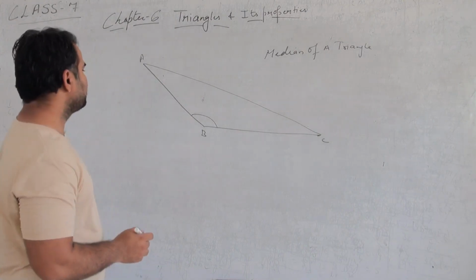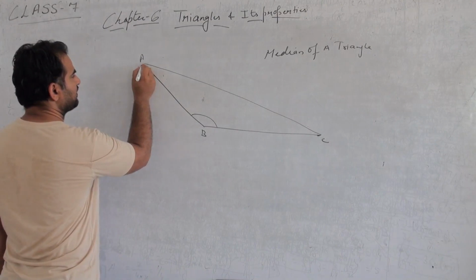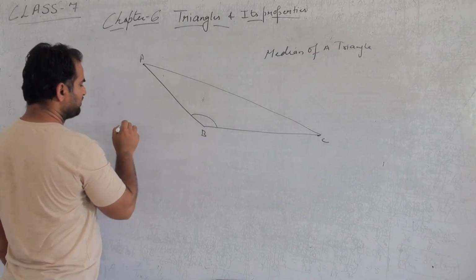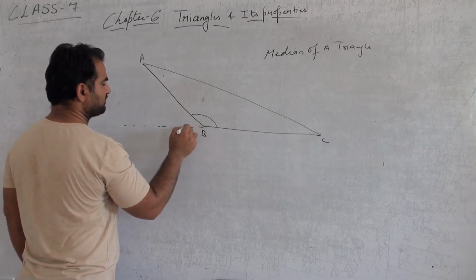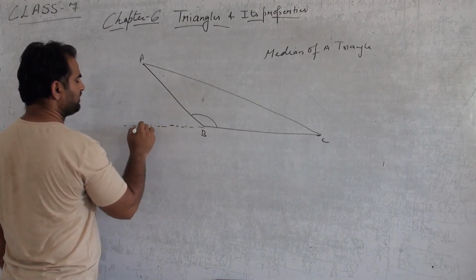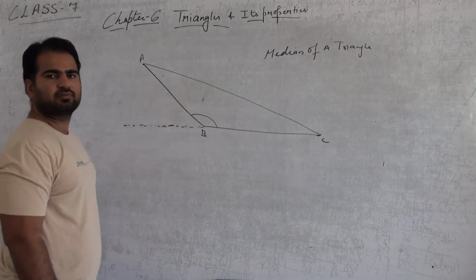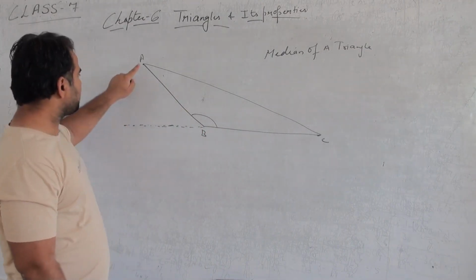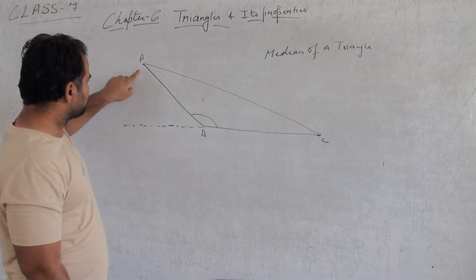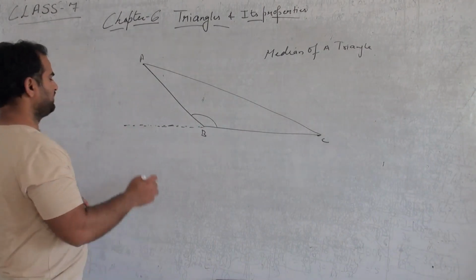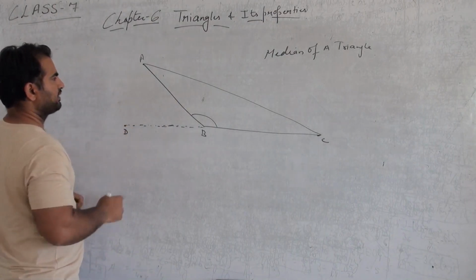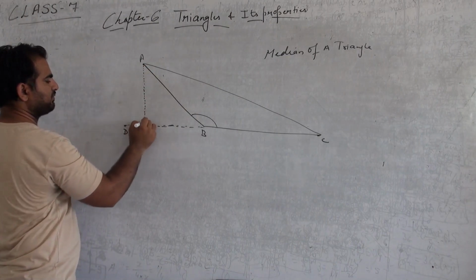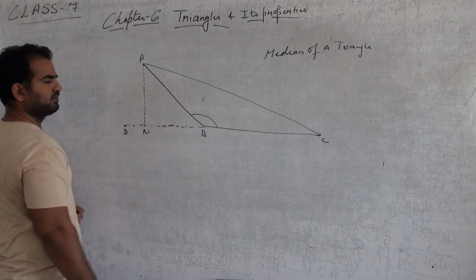We have to find the height from that point because it is the topmost point. So we have to draw a perpendicular to the base. We have to extend the base as an imaginary line. We extend this BC or CB, and draw a perpendicular from this point. Let it be extended up to D. Then we can draw the perpendicular distance from A to the base. Let it be N.